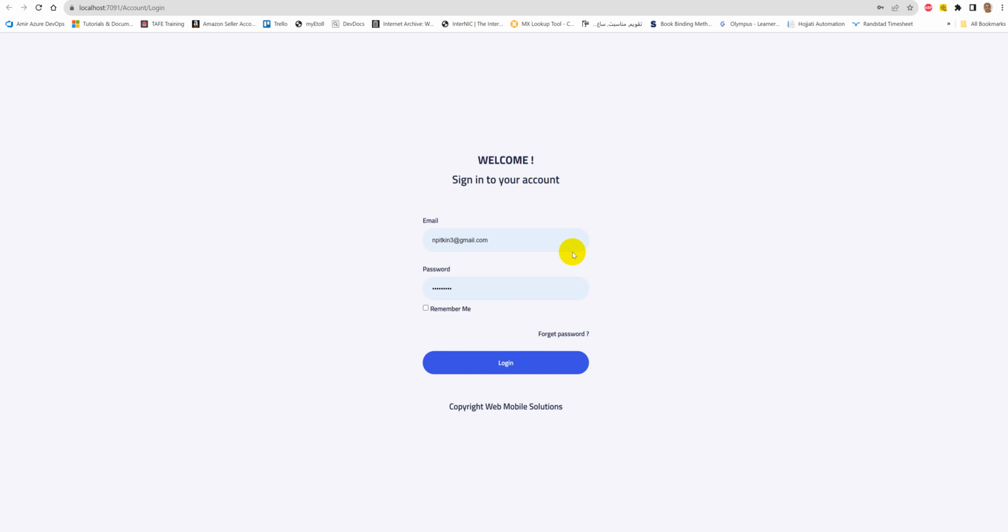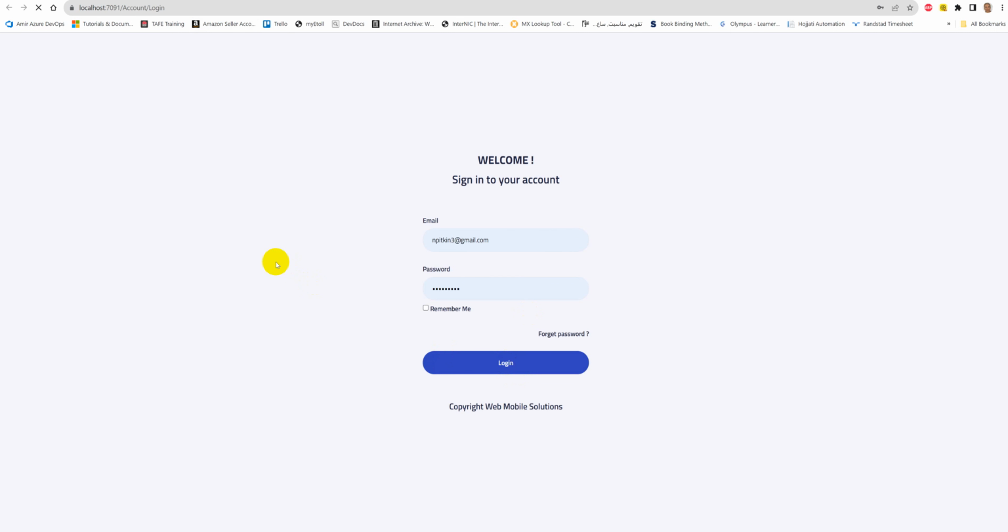Hello guys, I just want to show you how to enter a new rug into your system and then issue the new invoice. I'm running this from my local because I don't want to add any invoice or rug to your shop. After you enter your username and password, you log in,